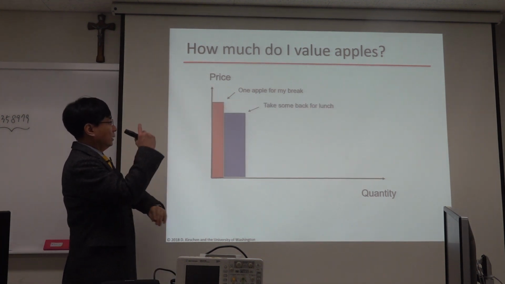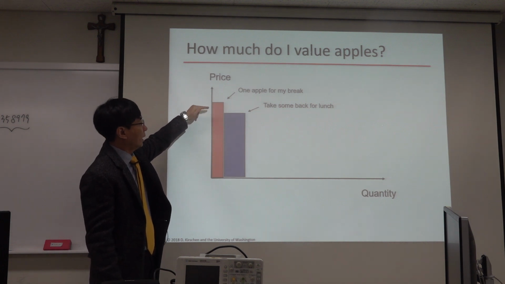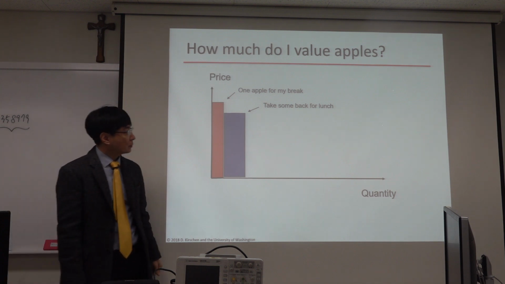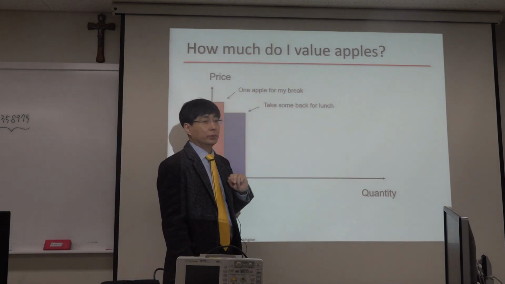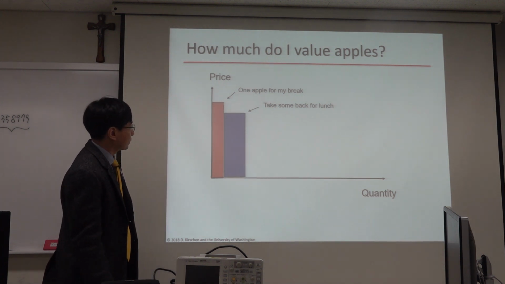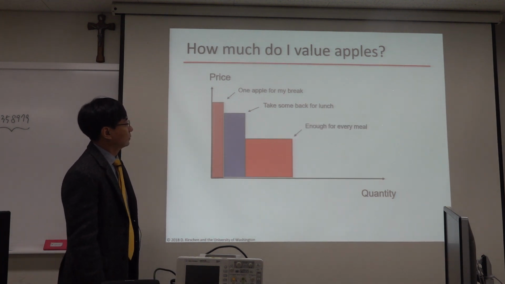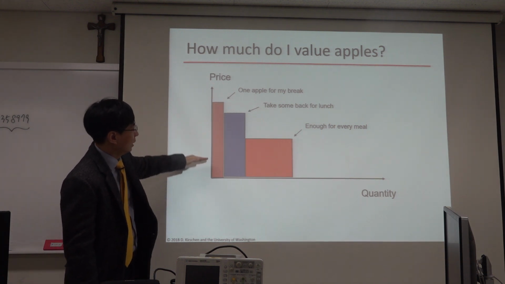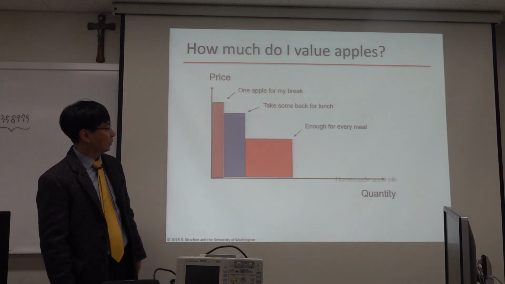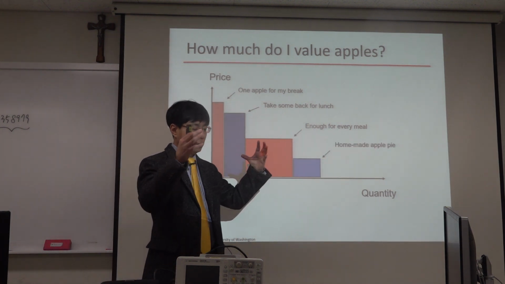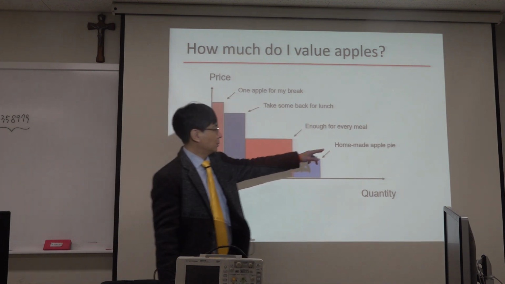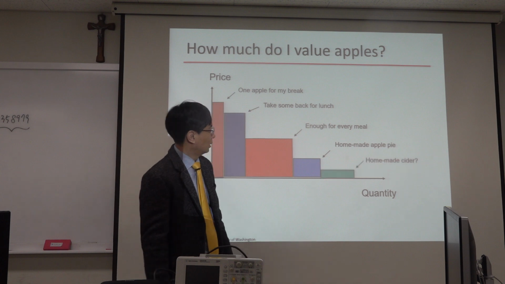And then suppose that if the price is lower than that, you are willing to buy one more apple, to take some apple for your lunch. Okay? And suppose that the price decreases further, this much, and then you buy more apples. And if the price decreases further, you buy many apples